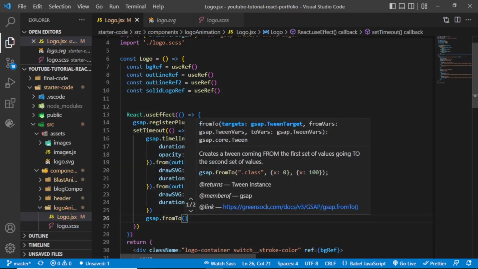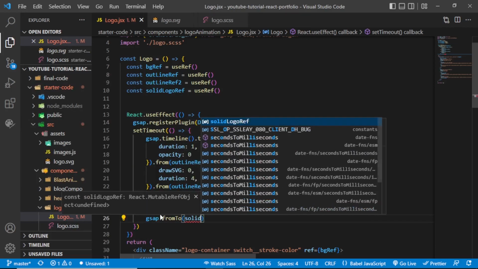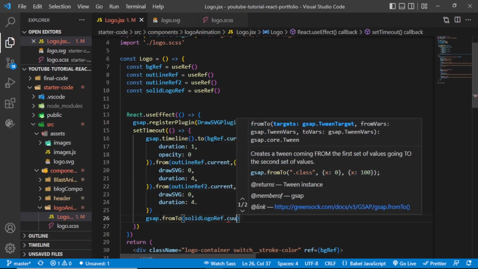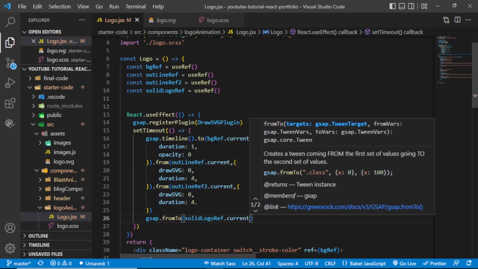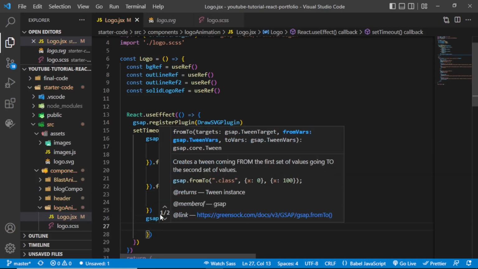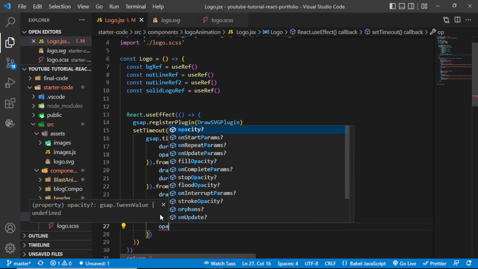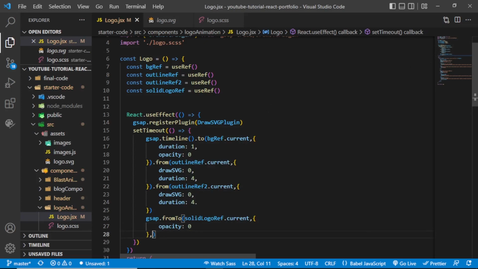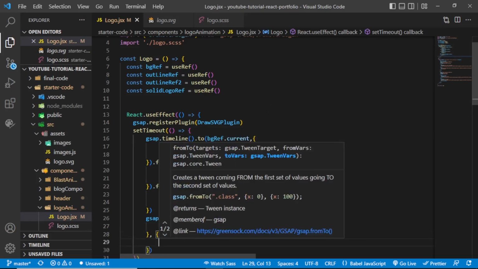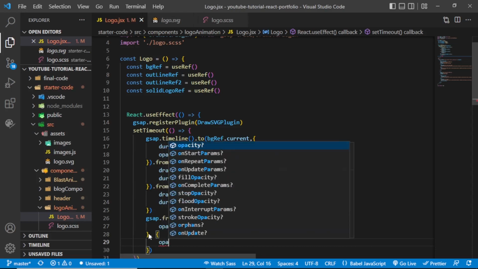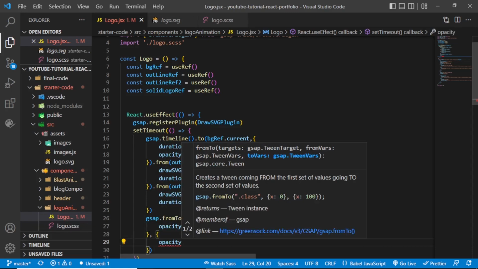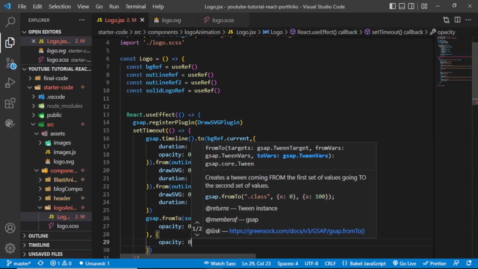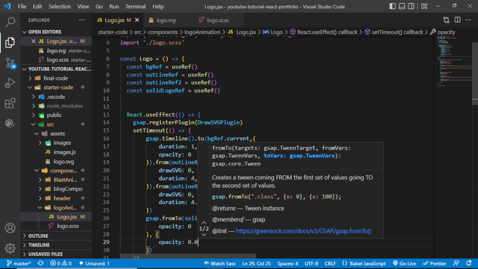Go with my parentheses and I will pass in the solid logo ref. I will get access to the current value, and it's going to have the opacity of 0 as well. So right after the first object, I'm going to go with another object, and this one is going to consist of the opacity. Opacity is going to be 0.065,